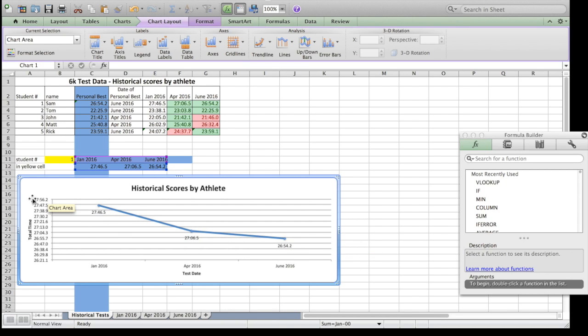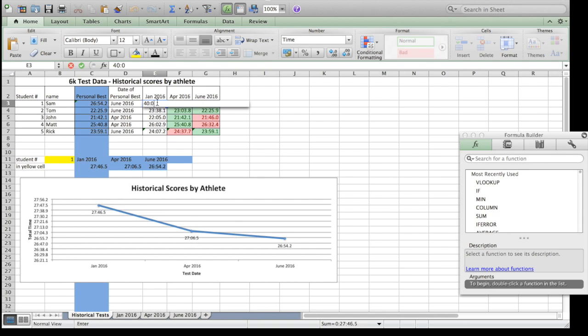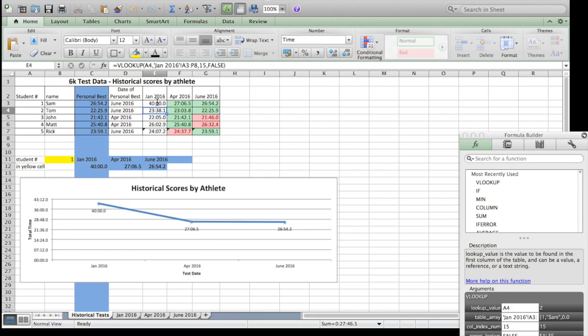One thing we can notice is my scale of the y-axis is generated automatically. This works very well until the difference between the highest point and the lowest point is more than 16.67% difference. So for instance, I'm going to put in 40 minutes to see what happens. I hit enter, and now my scale, you can see, goes all the way down to 0 because the difference between the highest value and the lowest value is more than 16.67%. I'm going to undo this, go back to my original score, Command Z,